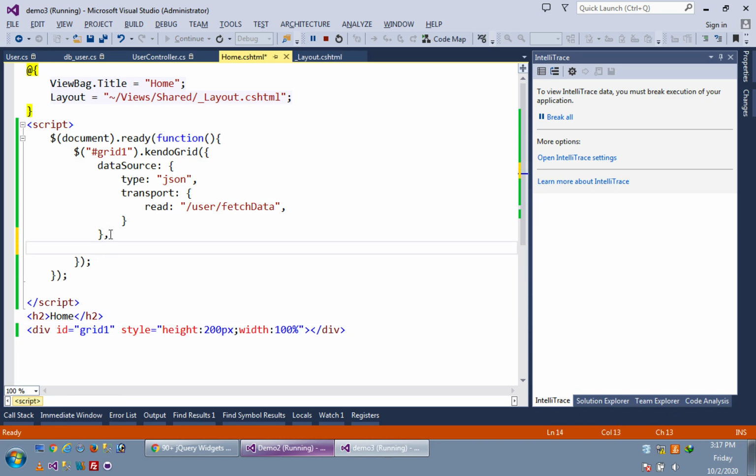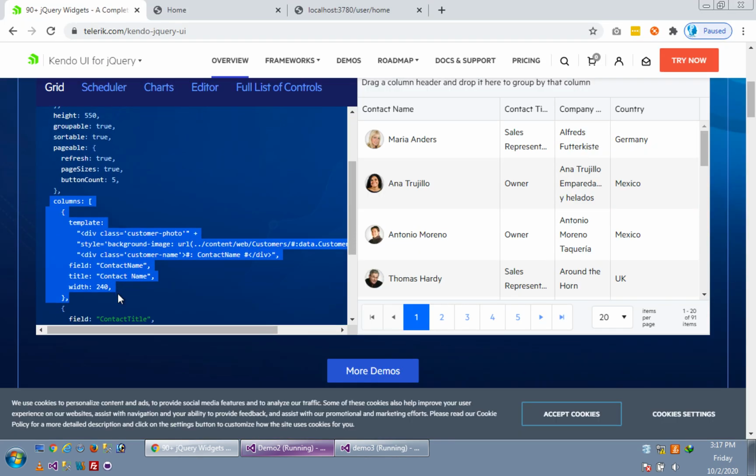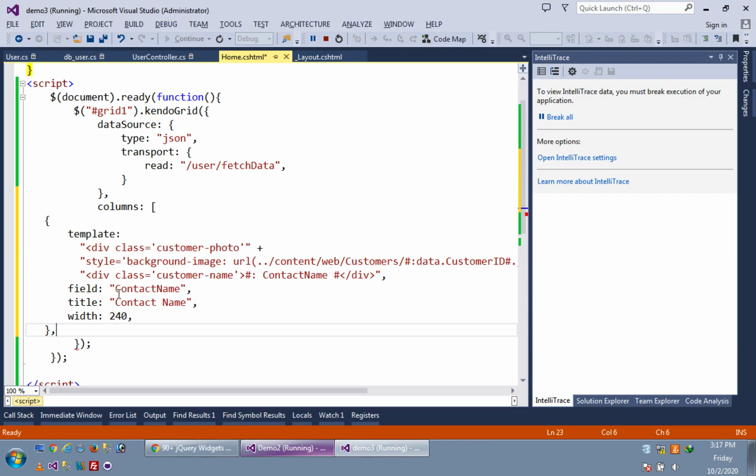After the data source, put a comma and paste the columns. Okay, like this.